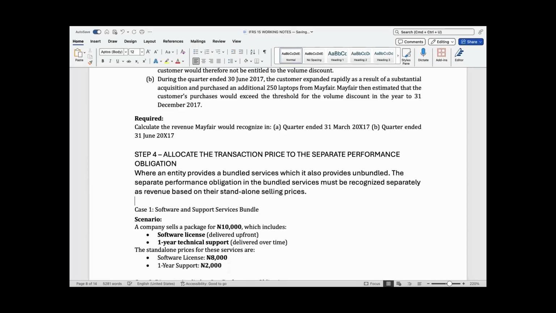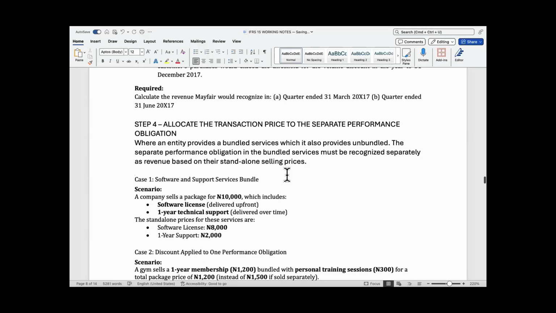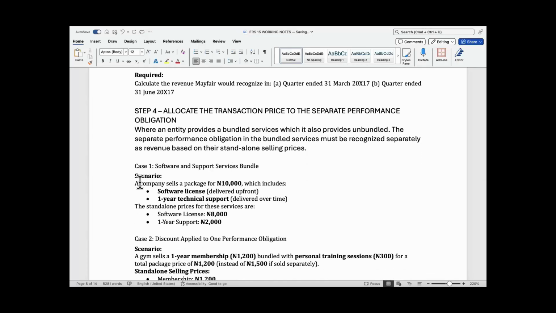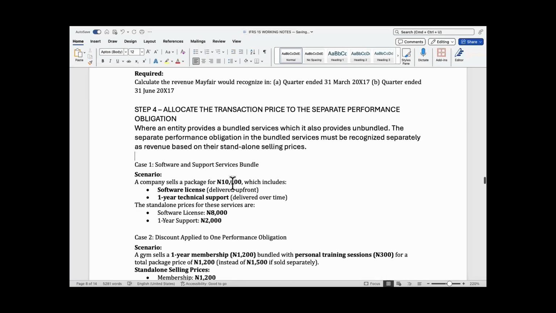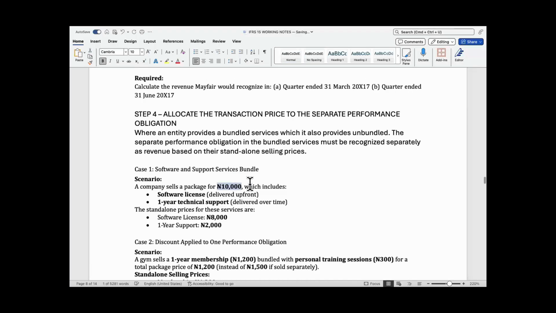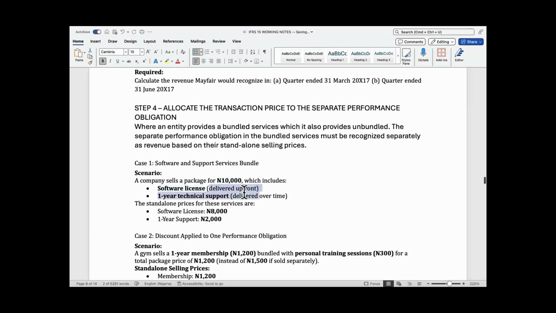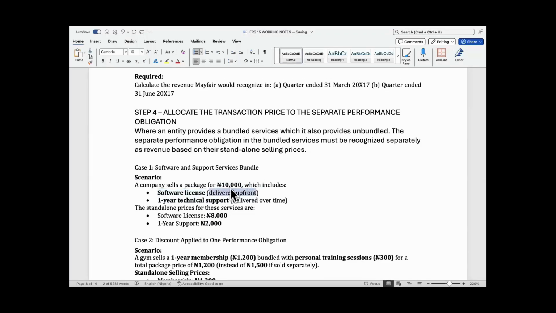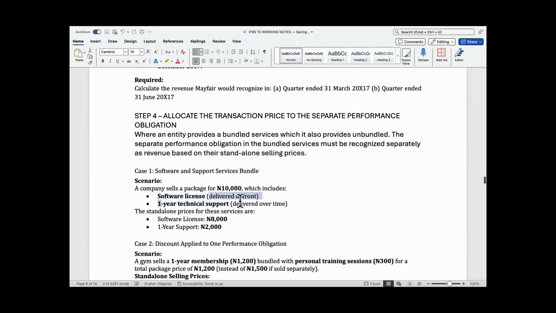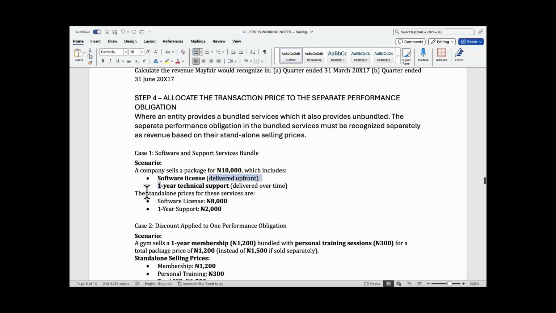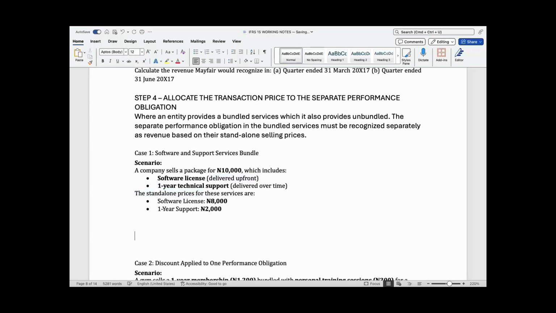Let's use examples to demonstrate this. So if you have a company that sells a package for 10,000, and this package includes a software license, delivered upfront, and 1 year technical support delivered over time. And we're given the standalone selling price for the services as this. If I want to analyze this,